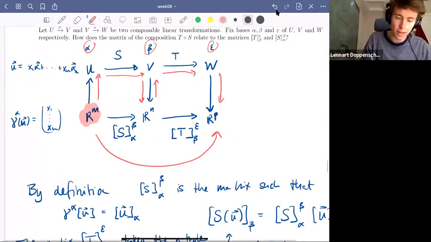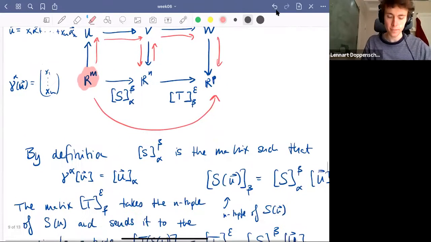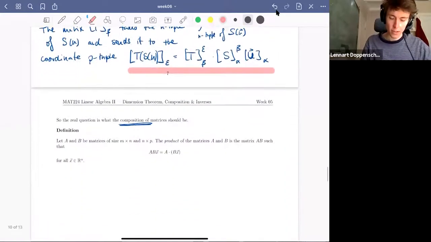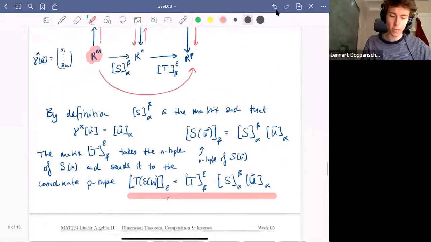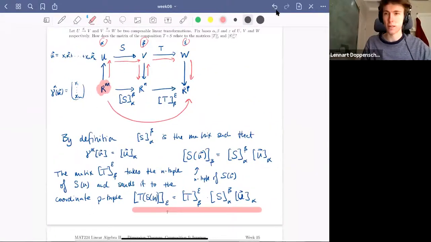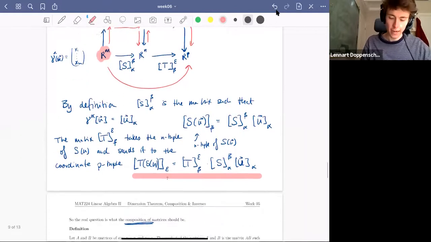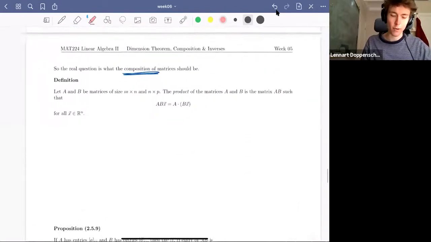So I'm saying that an M tuple is a vector with M elements, and a P tuple is an element with P elements. I'm just using different M, N, and P because the dimension of U, V, and W might not be the same. All right, so even if that was completely confusing,